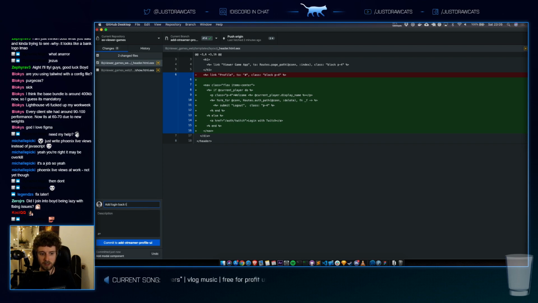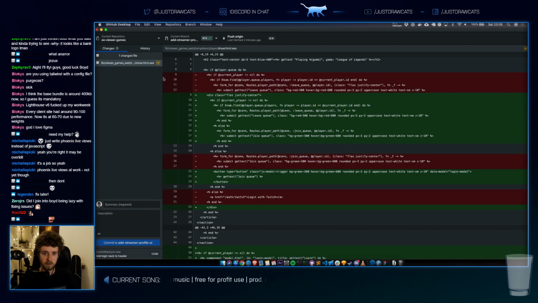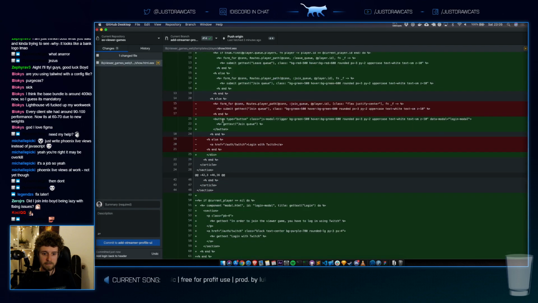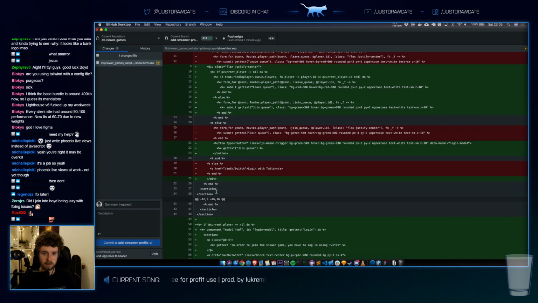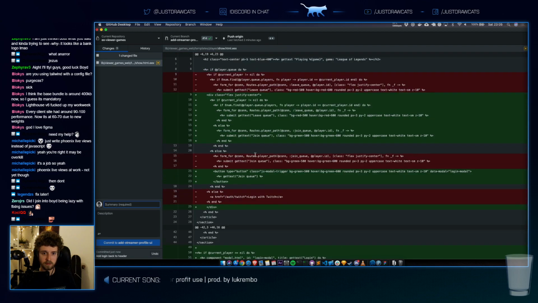Add login back to header. What did we do here? Show login modal when not logged in and trying to join queue.